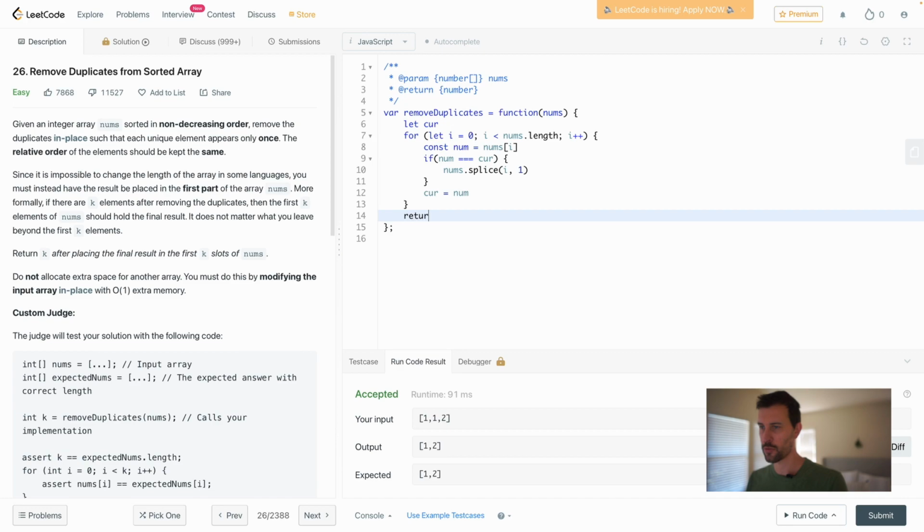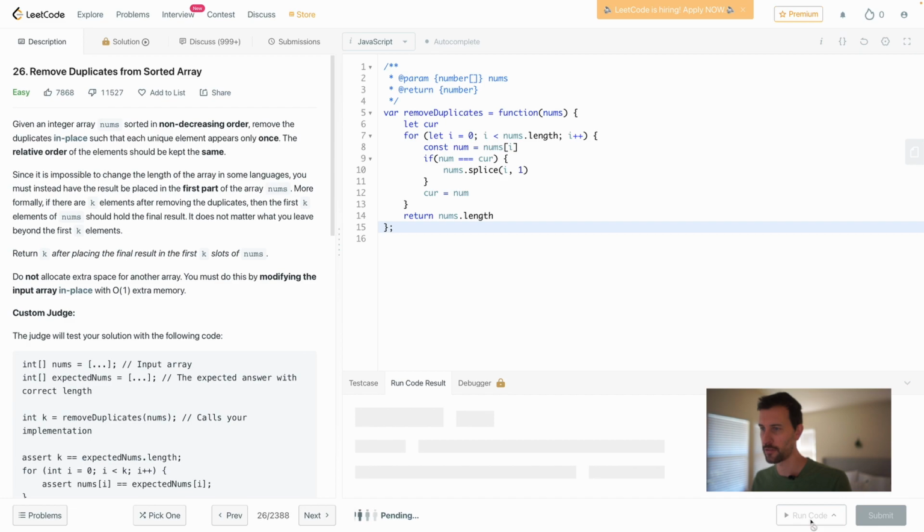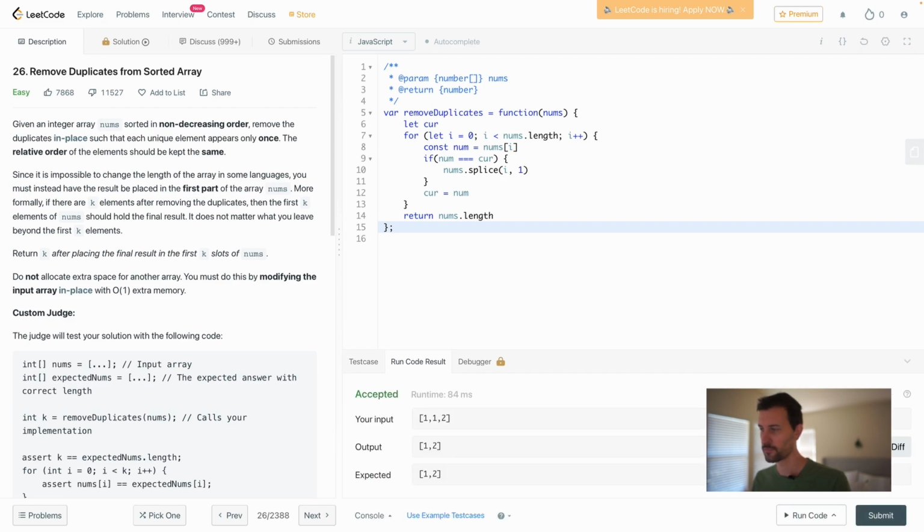And then what we can do is just return nums.length because we've been mutating the array. We might think this would work. This actually has some problems, but let's see what happens. So it looks like it works, right? Accepted. But then if we submit it,